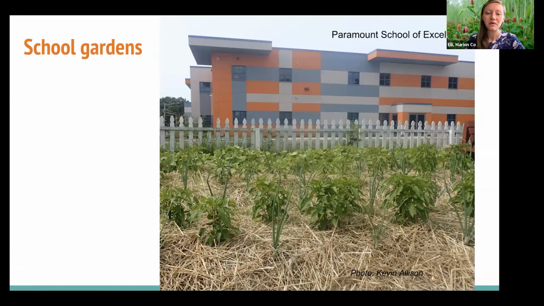We work with school gardens where there may be a farm manager there helping to grow food in the off season when school isn't in session, helping to engage students in classroom activities. And this particular grower, we've worked with to help implement soil health practices, mulching, cover cropping, more diverse production activities,